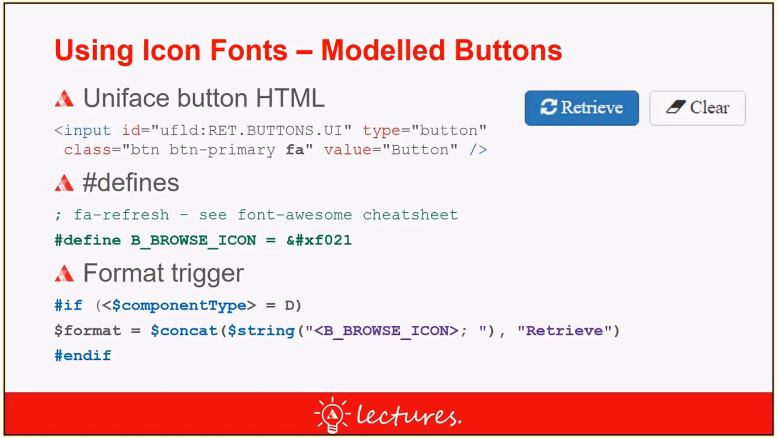Now, if you go to, say, the Font Awesome site, or it's similar for things like Glyphicons or other libraries, you'll see that it lists the Unicode characters that are used. There's a cheat sheet page that shows you for each icon. Here on the retrieve, we can see the browse icon. And what I do to make that a little bit easier to understand,